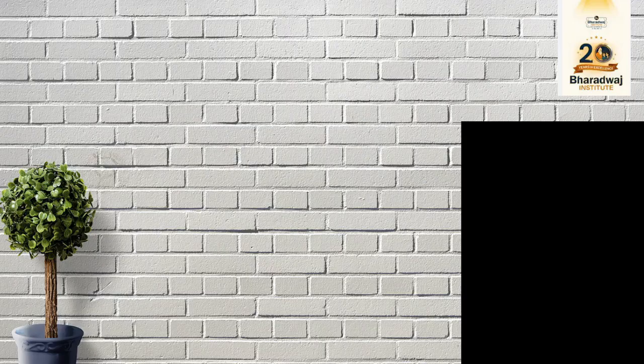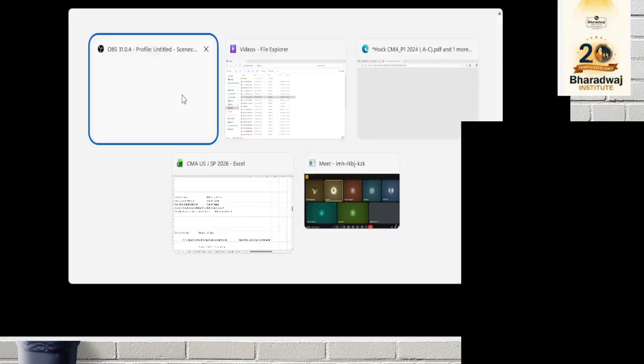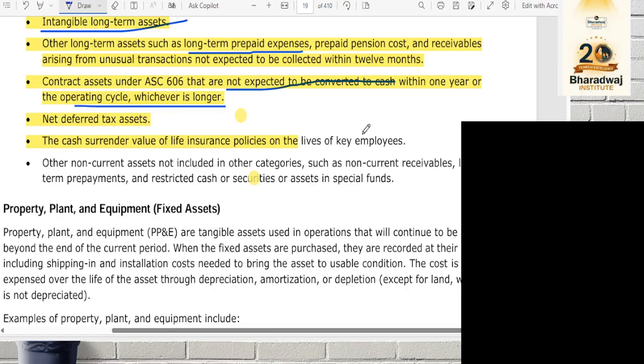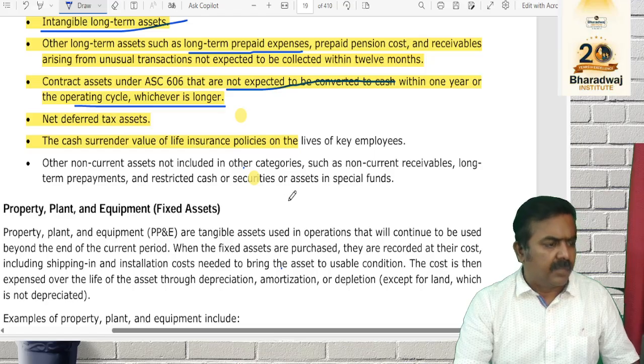One minute. Am I audible? Screen is visible. So,